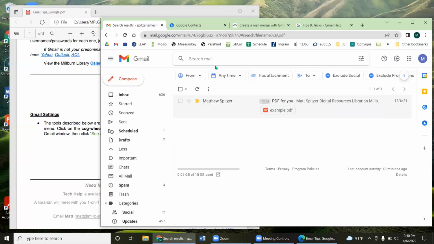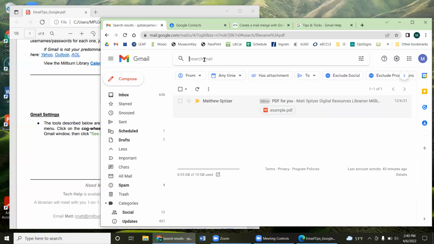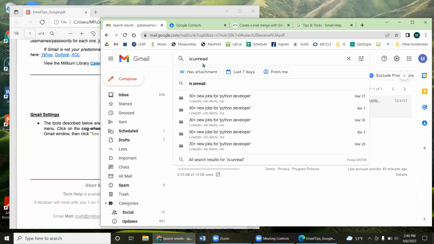And that could be one way to just find emails. But once you find some collection of emails based on something that you make with this, you can also do things to them. So as an example, I have 600 emails in my inbox. So maybe I want to make them all read emails, so I have a nice clean slate of 0 emails. So one thing that I can do is just type in